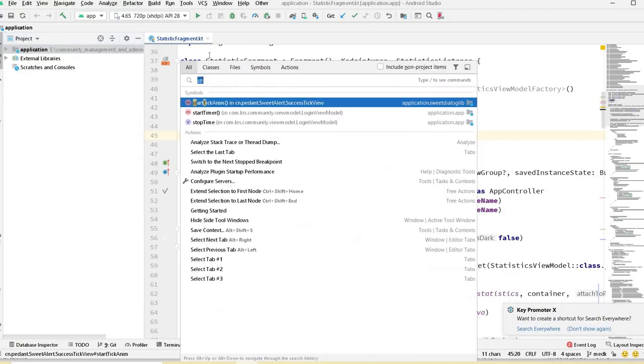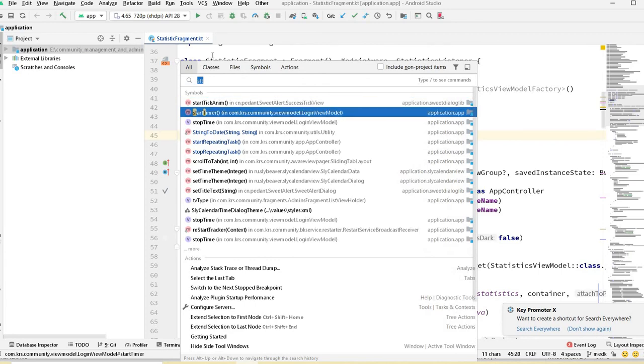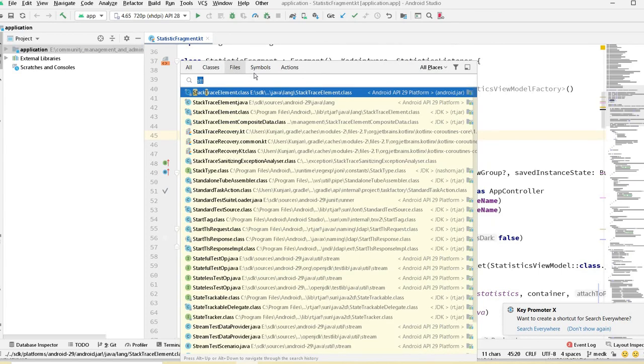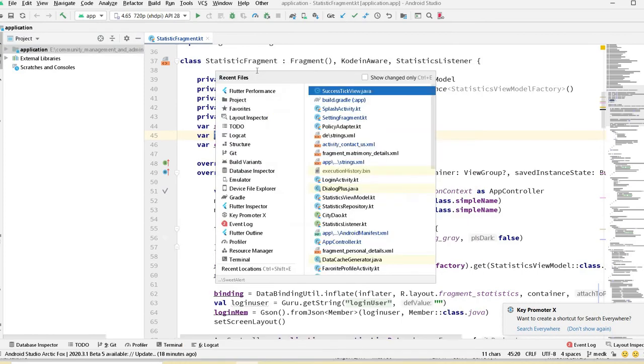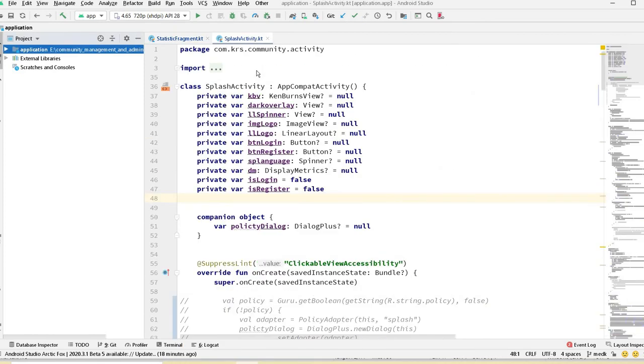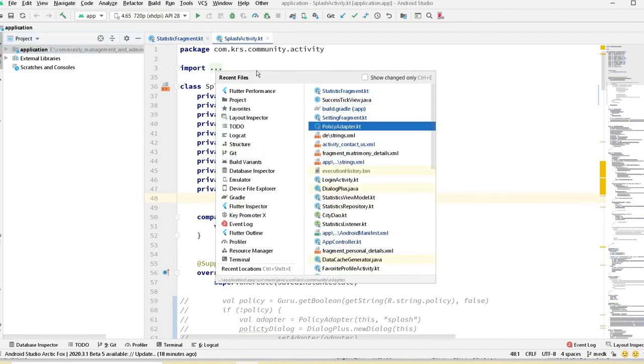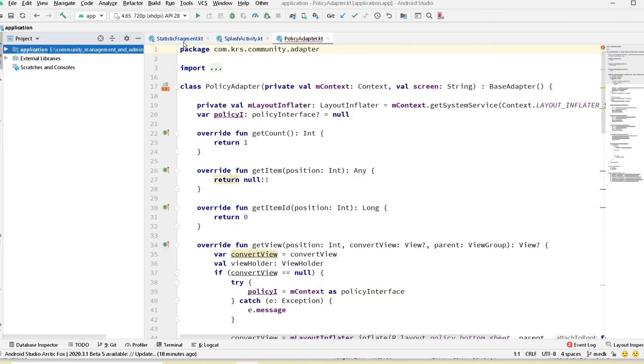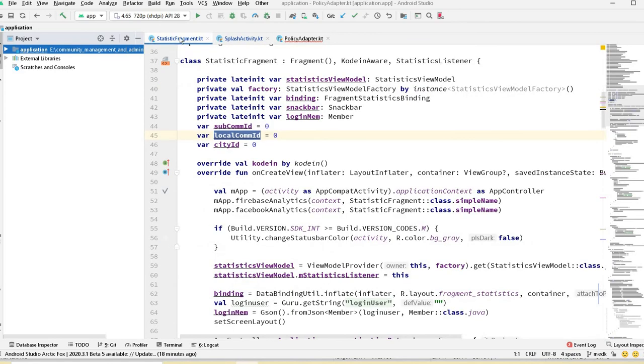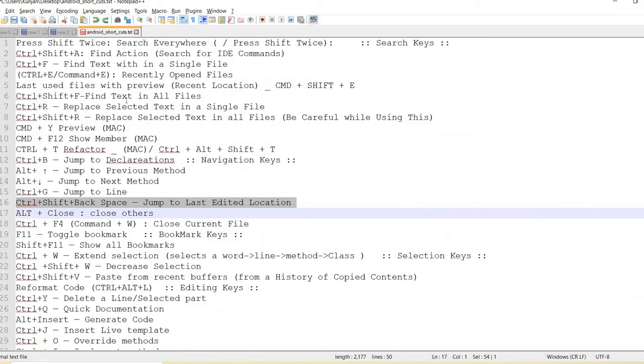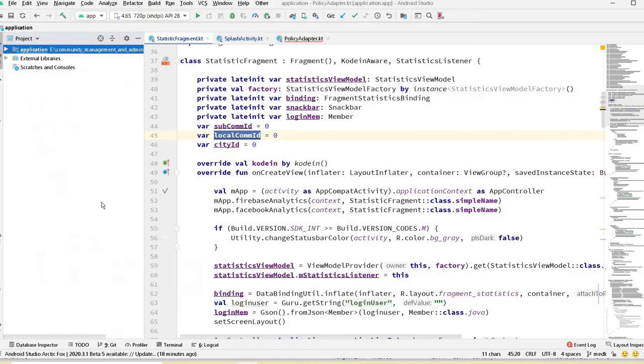Let's open other files also. Control E, splash activity, Control E, VC adapter. Okay, and if I want to close other files except the static fragment, then I will press Alt and close.